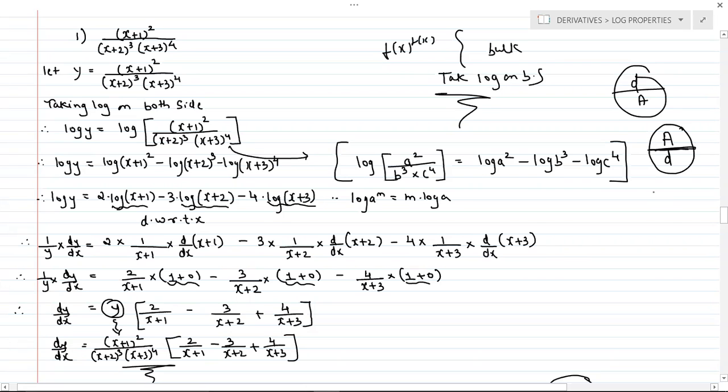Okay, just have a look. So we had completed the sums based on function raised to function as well as the bulk term also. So now we'll see in the next lecture, whenever there is plus and minus between the terms, what we have to do. So whether we can use the concept of taking log on both sides or not. Okay, so now we had completed function raised to function as well as the bulk term also. Just have a look. Check out, is there any doubt in any step?